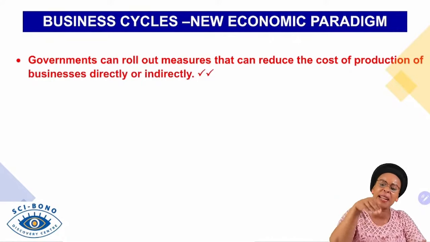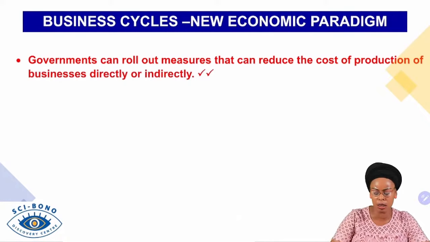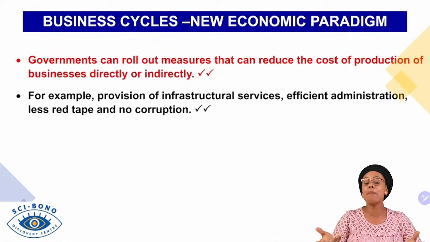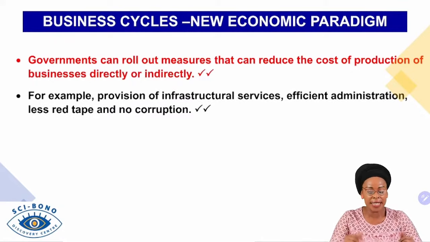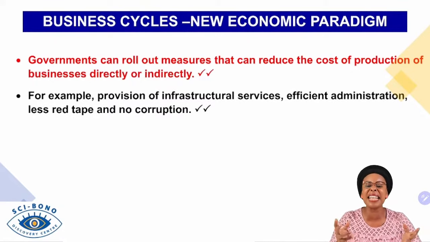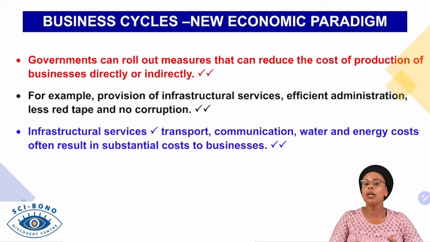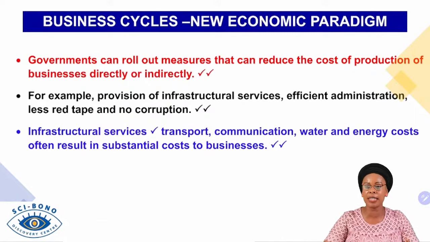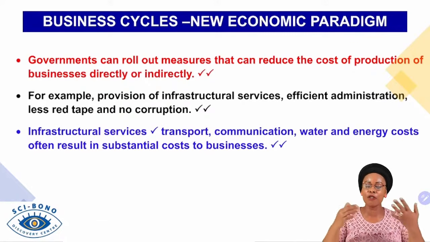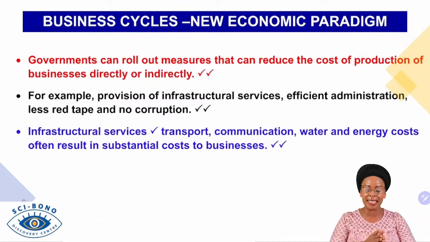But that is where the government will assist by reducing those costs. For example, the government can provide infrastructural services, efficient administration, and reduce red tape and corruption. So, infrastructural service, you will get 1 mark for it. And you will tell us that it involves transport, communication, water, and energy costs, which often result in substantial cost to